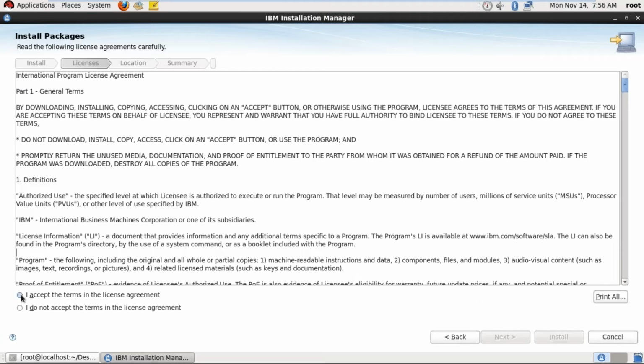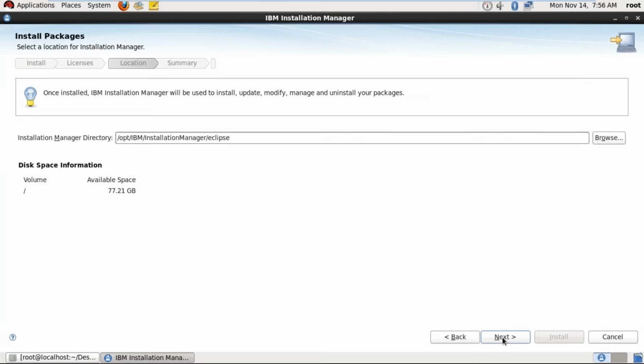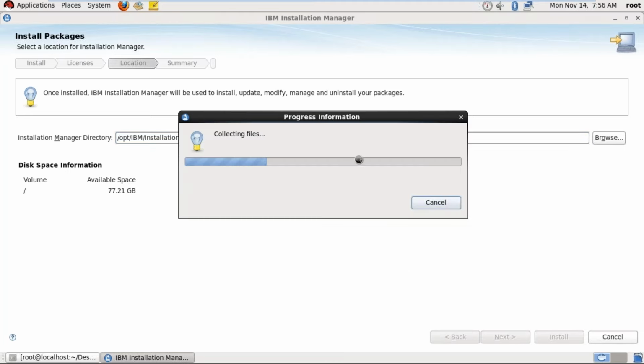Accept the license agreement. Click on next. This is the path where the installation manager is going to be installed: /opt/IBM/InstallationManager/eclipse. If you want to change it, you can, but this is the default path. Click on next.